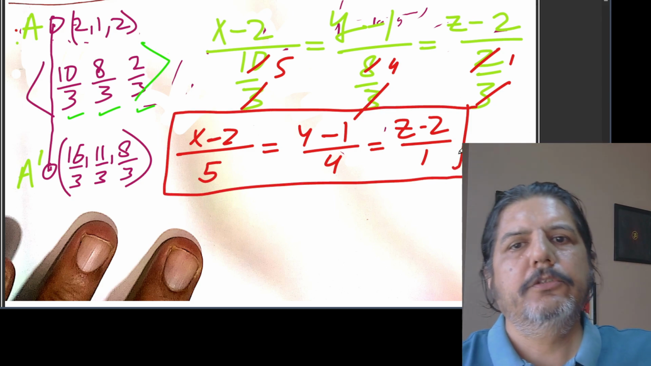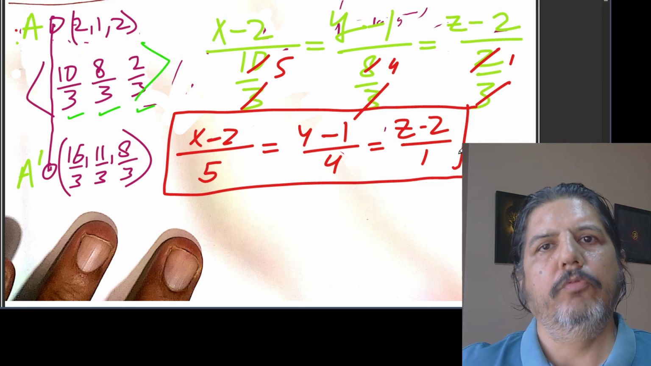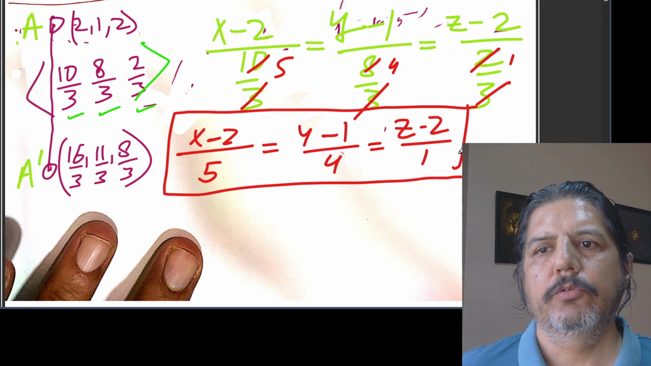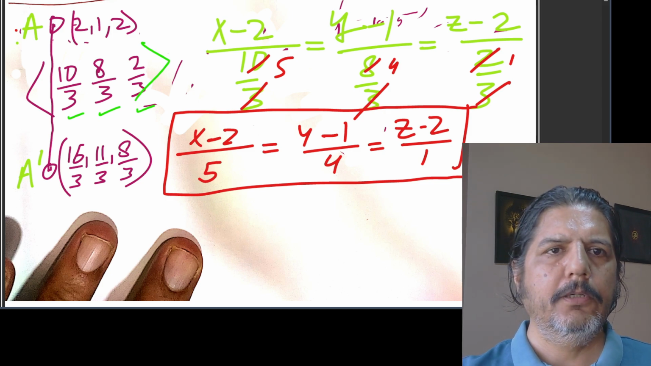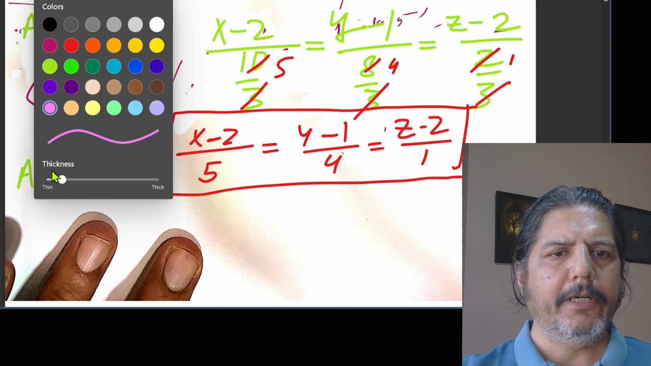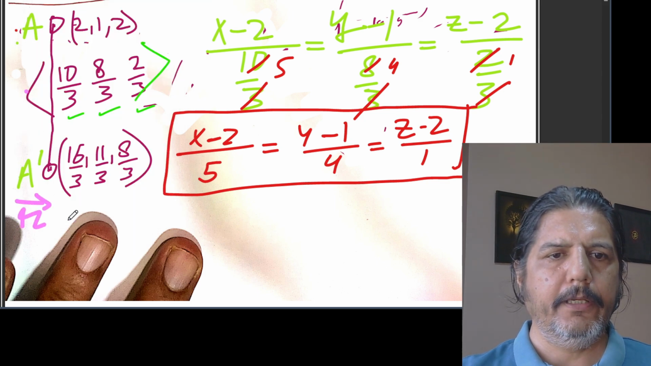That is (x minus 2) upon 5 is equal to (y minus 1) upon 4 is equal to (z minus 2) upon 1. This would be your final answer. If you want to write this in vector form, you can also write it in vector form. So the vector form will be r is equal to